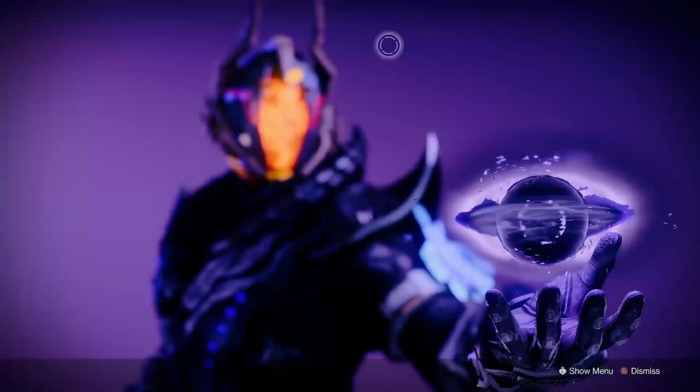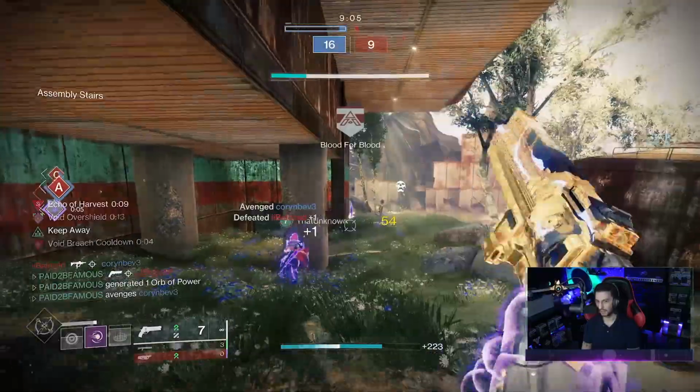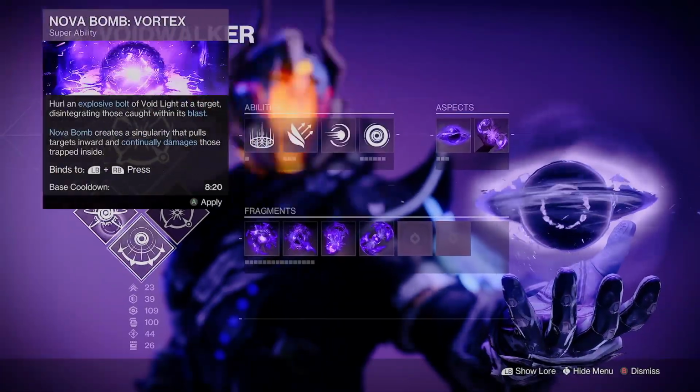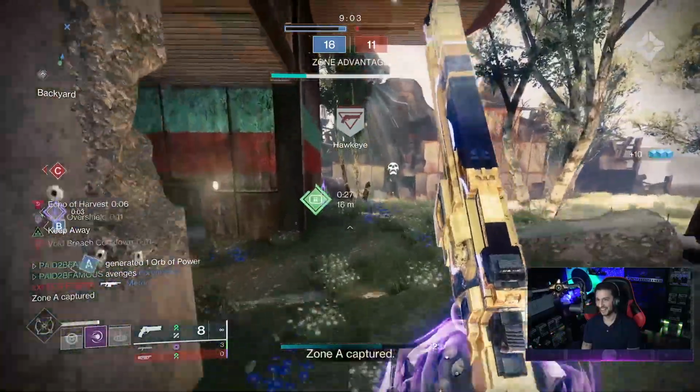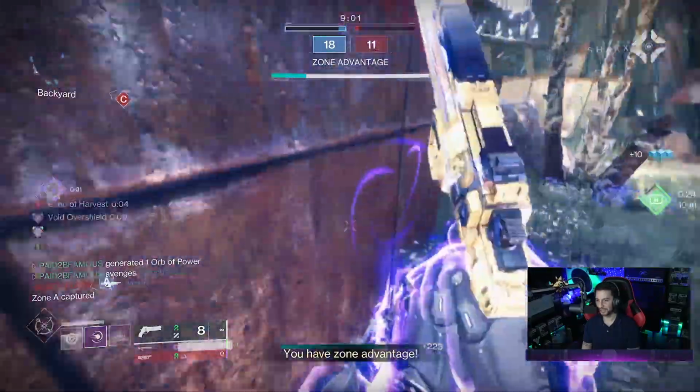Now let's get into this. Of course, we are on the Voidwalker subclass for the Warlock. I'm using the big Nova Bomb, the Cataclysm, but you can use the Nova Warp or the Vortex, doesn't matter. This build isn't about the super. We've got the Healing Rift, the Burst Glide, and we've got one of the best melees in the game